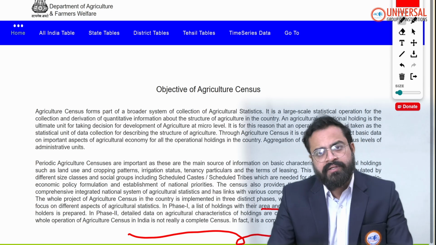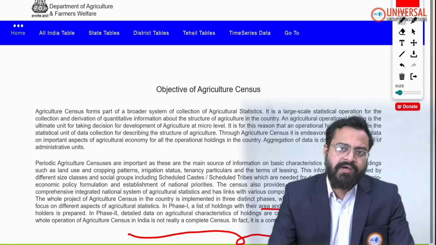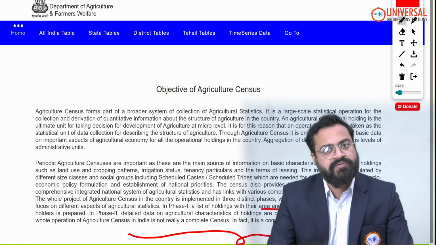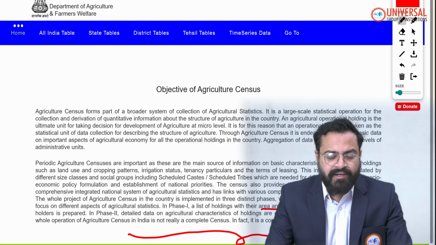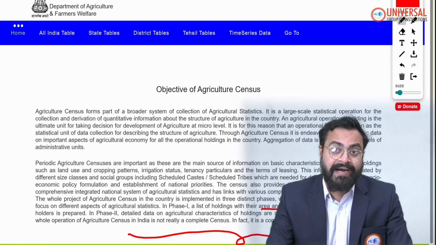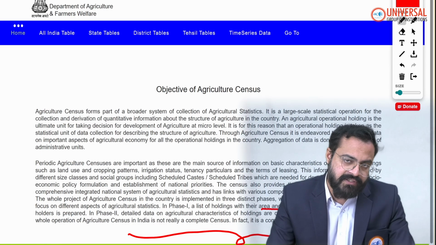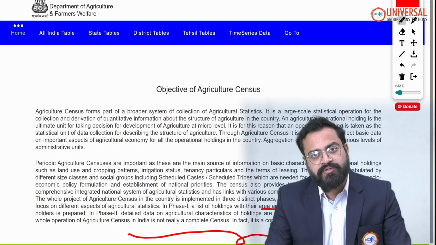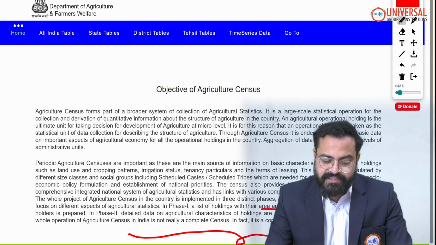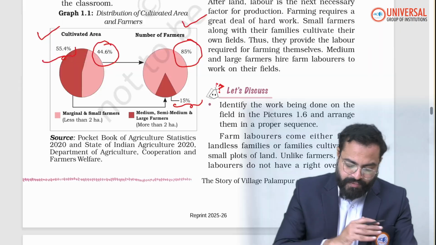Got this? I hope so. The first census was 1970-71. Right now the 11th census is underway, which was supposed to begin in 2020-2021, but we were not able to conduct it at that time due to the COVID-19 pandemic. So right now it is underway, having three phases. Phase 3 is currently operational and is also a combination of the census as well as the sample survey. So now, moving to the next one.